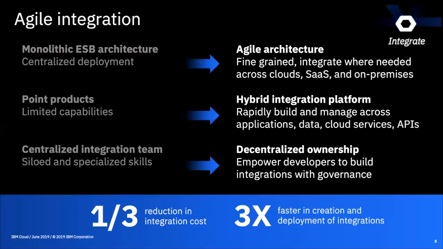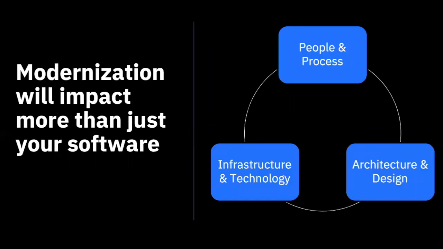And so with those things, companies can see some major enhancements, both in terms of cost reductions and in terms of time for how they are now able to get to these modern and efficient integration styles. So if we talk about modernization, it obviously impacts more than just the technology you use. It's about modernizing the people and process, meaning the skills and how you deploy and those kinds of things. But it also comes down to a consistent kind of architecture that you can deploy anywhere you need to, in multiple clouds, in on-premise, against SaaS applications, and then the infrastructure and technology that all kind of provide for that uniform methodology to be agile.